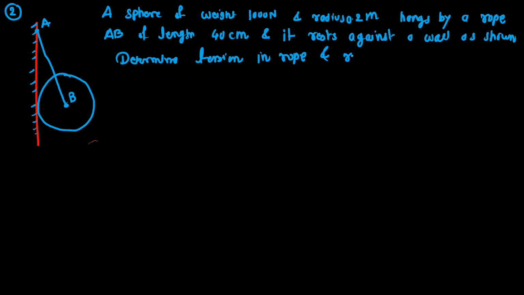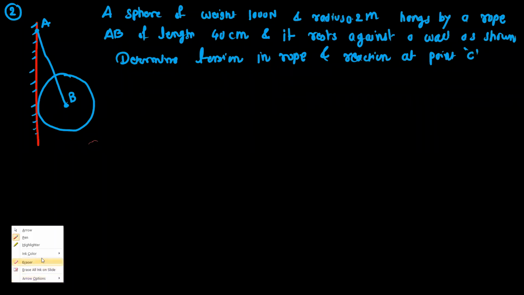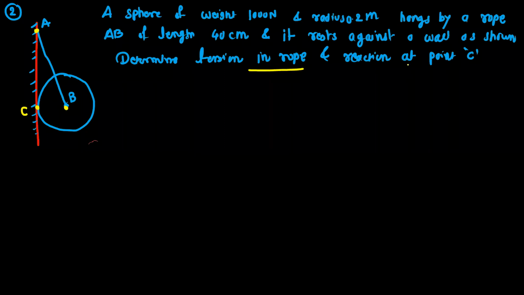And the reaction at point C. Okay, so this is the contact point of that sphere with the vertical wall. Okay, so this is the point C. This is the cable AB. Okay, so you have to find out the tension in the cable or in the rope AB and the reaction at point C. Okay,